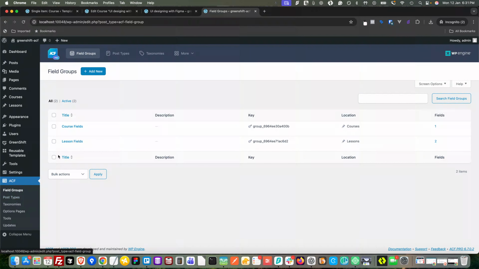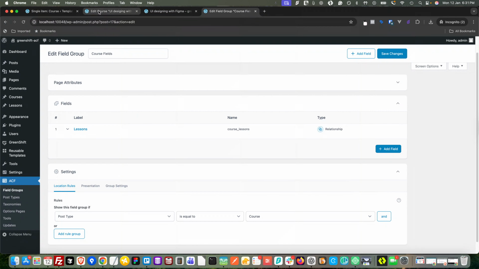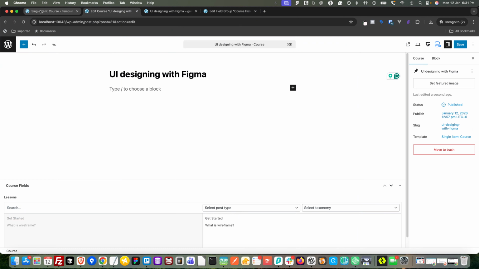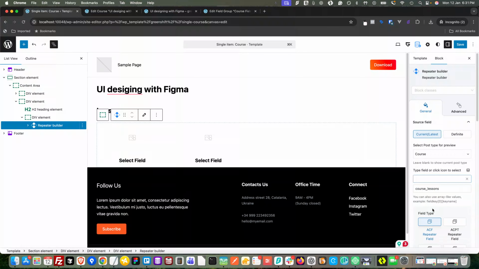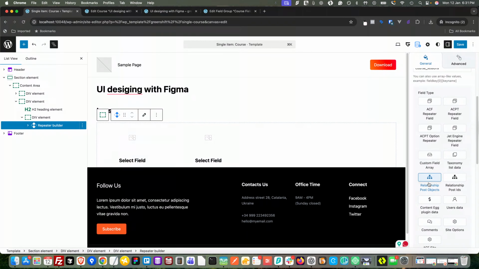Here under the field group, you can see course lessons. That is what we have selected here. And we have to select the relationship post object. This is most important. And here in the builder, I'm going to select this one,